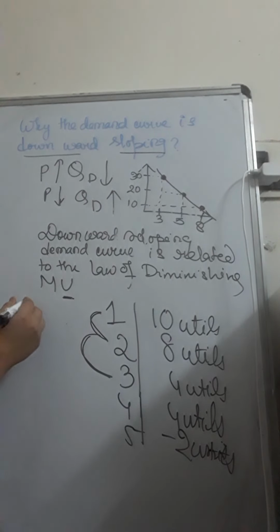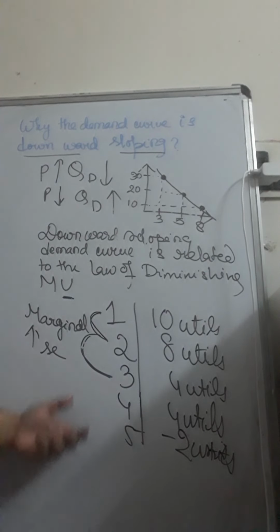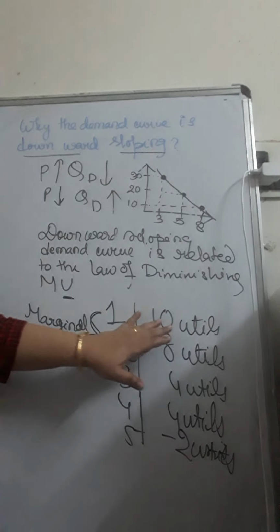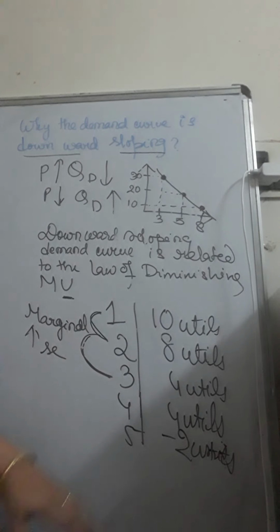So this is known as marginally increasing, because every time when I increase by 1, it is known as marginal increase of the same commodity. First I used to consume 1 unit, then second unit, then third unit, like this. And what happens to the utility? Why do you consume after the first glass? Because you are totally not satisfied, that's why. So in order to get total utility or increase your total satisfaction, you keep on consuming the glass.